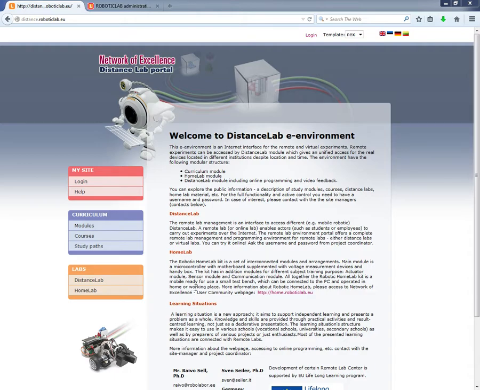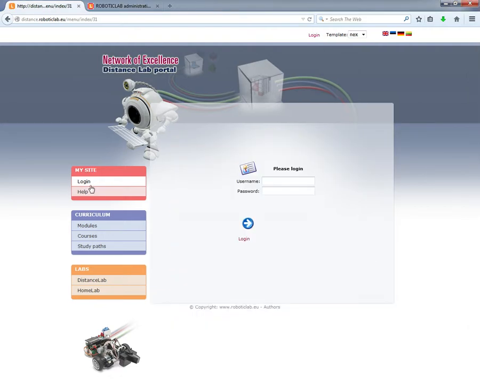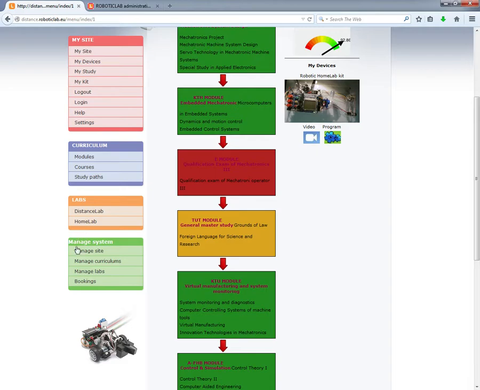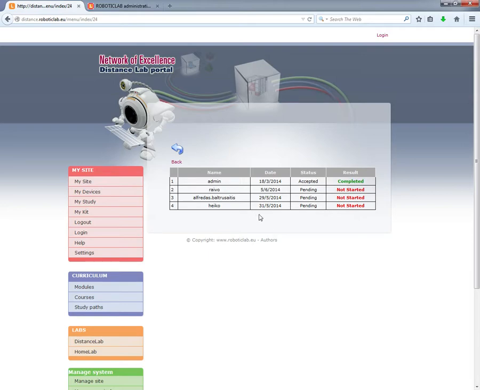Here we are going to see how the lab owner interface looks like and what the lab owner can do in this system. Again, first the user has to log in, and now I will log in as an owner of the lab, in particular with the username admin. And if I have the proper rights, I have a special menu here, Manage System. If I need to manage the labs, I will click the Manage Labs menu option,